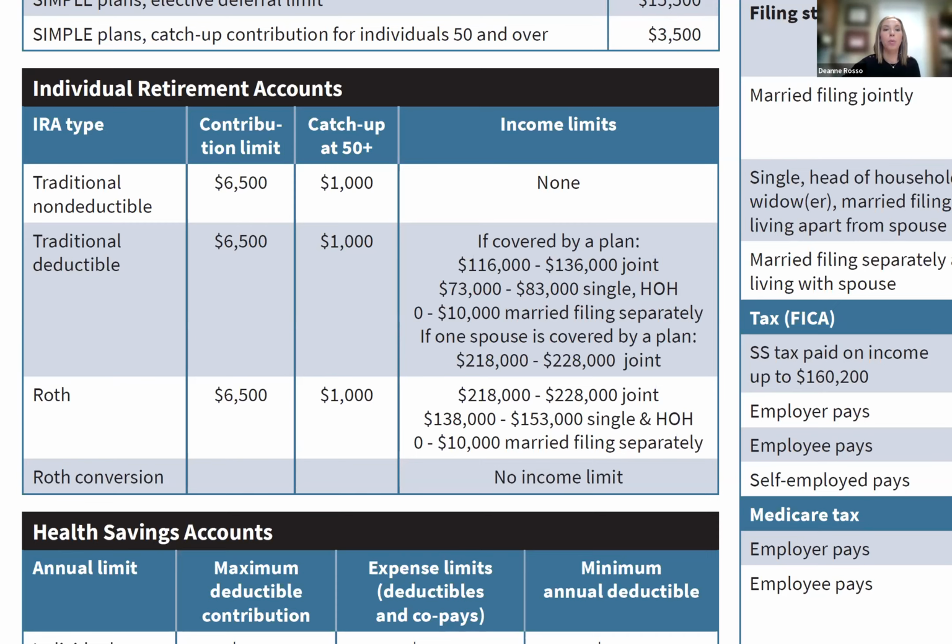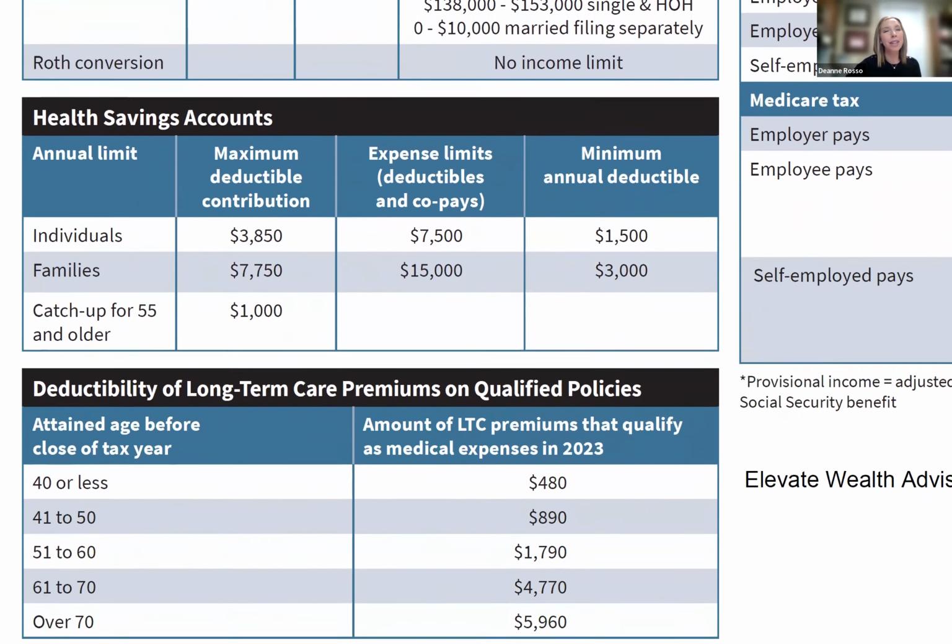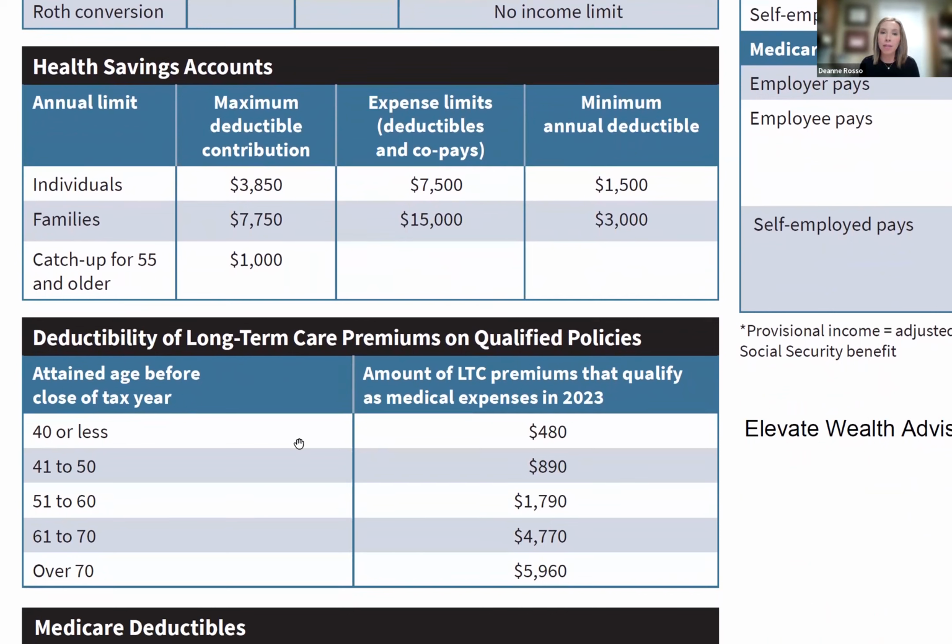But one account that we really, really like that not necessarily everyone has access to is a health savings account. And if you have access to a health savings account, this is the most tax efficient type of account that you can own. It's because your contributions into a health savings account go in pre-tax. And when you pull that money out to spend it on healthcare expenses, there's also no tax for withdrawals when they're done for healthcare expenses. So it becomes a completely tax-free account, which is one notch above a Roth IRA.